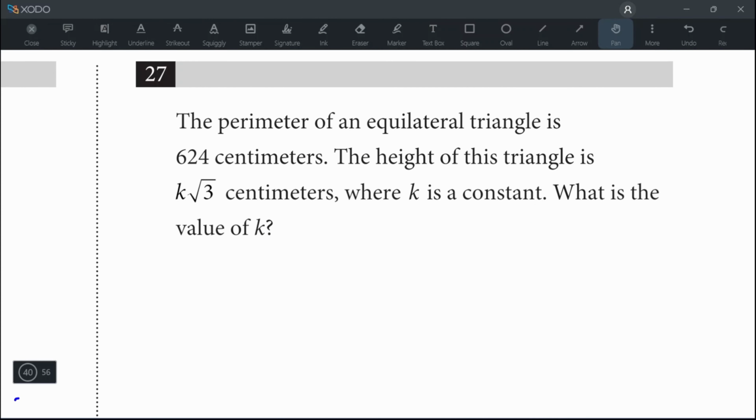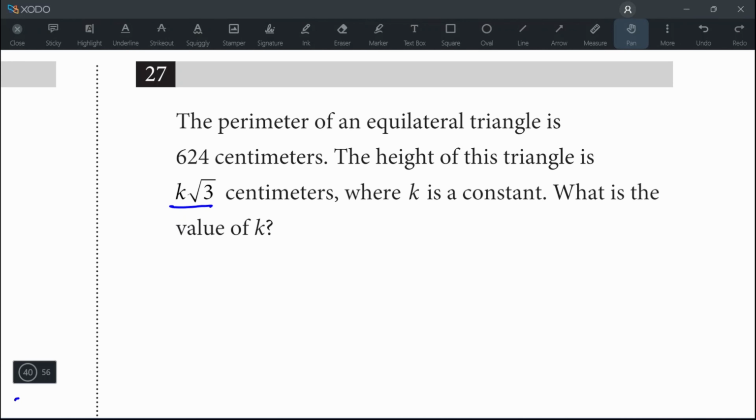Now what about question number 27? The perimeter of an equilateral triangle is equal to 624 centimeters. The height of this triangle is equal to k root 3, where k is a constant. What is the value of k? So first,